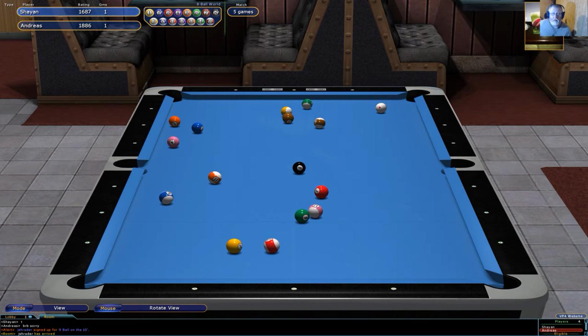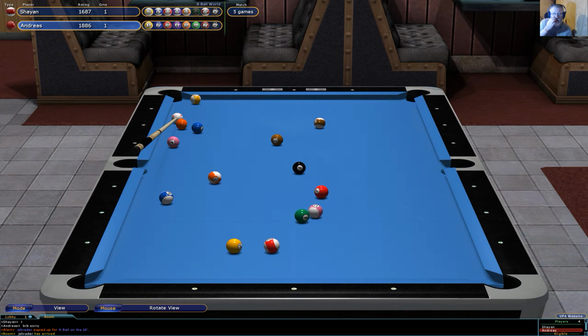Dry break. Open table. Now, I'd be going for the stripes here straight away because every one of them is sitting potable. There's not one of them blocked. That's just been under hit because he's fell short on the 9 ball there. He's got the pot, but the cue ball's going to probably run into the 7. Yep. Well, he's missed the pot,